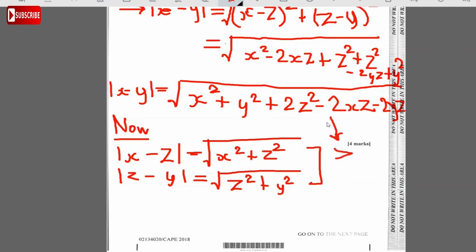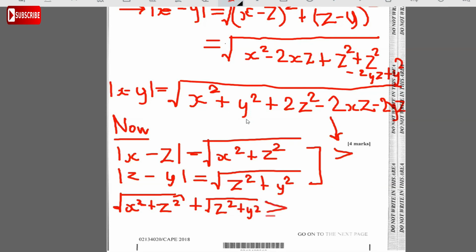Why does it have to be? This has some subtracting in it. This is going to be greater than this. So what am I saying? I'm saying that the square root of x squared plus z squared plus the square root of z squared plus y squared, all of this is greater than or equal to the square root of,